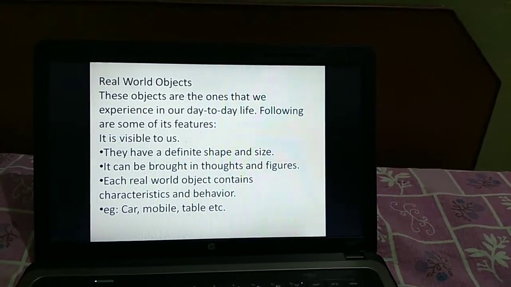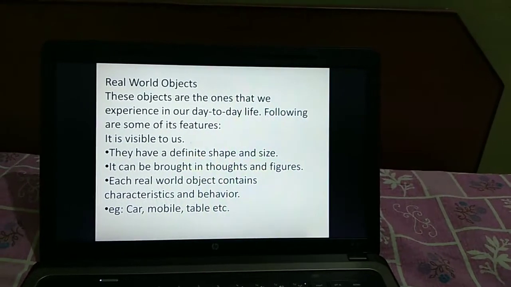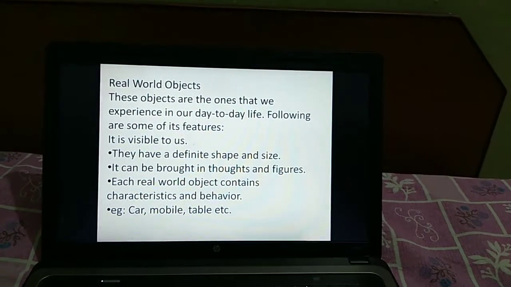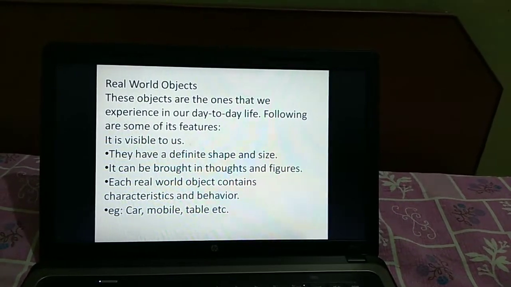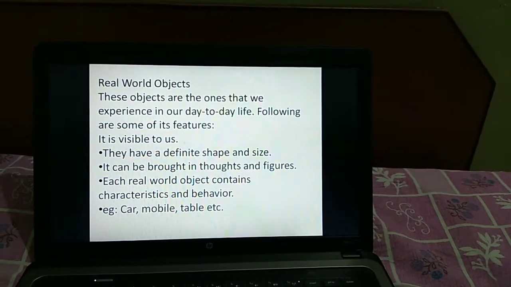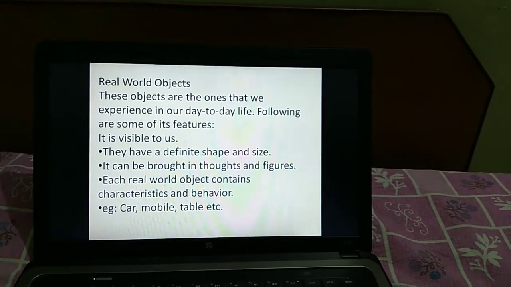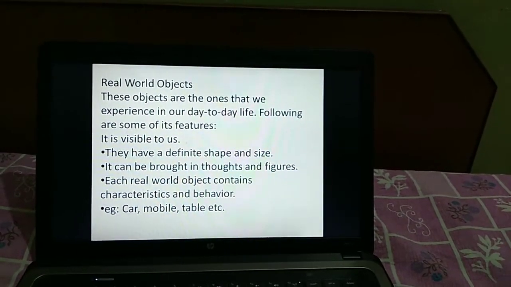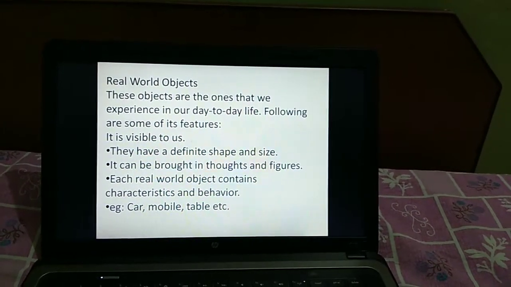Each real world object contains characteristics and behavior. So the objects which we use in our day-to-day life, which have a definite shape and size, which a user can think about in terms of shapes and figures, and which have characteristics as well as behavior, are called real world objects.